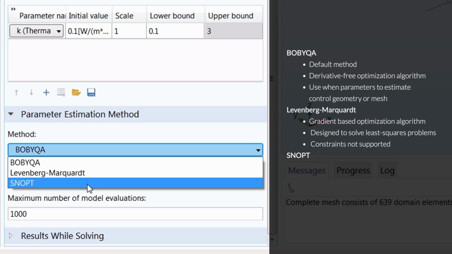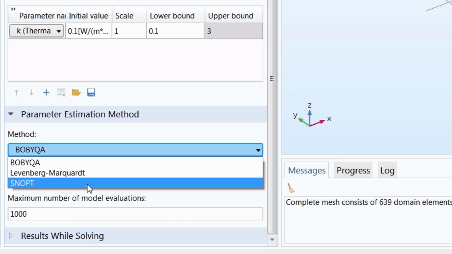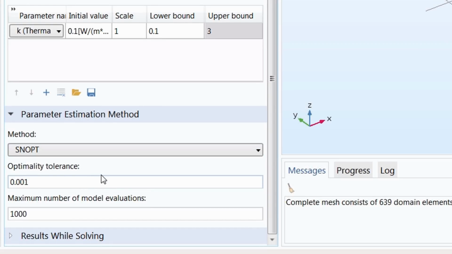Lastly, we have the SNOPT optimization algorithm, which is also a gradient-based method, and finds the optimal solutions to a very general class of optimization problems. With this method, any constraints can be applied. So let's go ahead and choose this method. And for more information on these methods, please see the chapters on optimization algorithms and optimization solvers in the Introduction